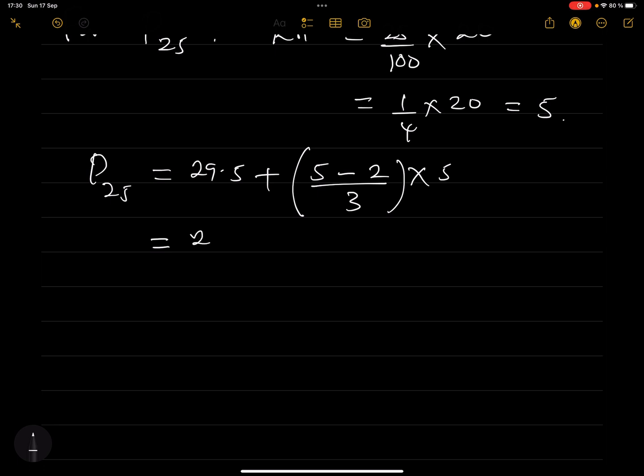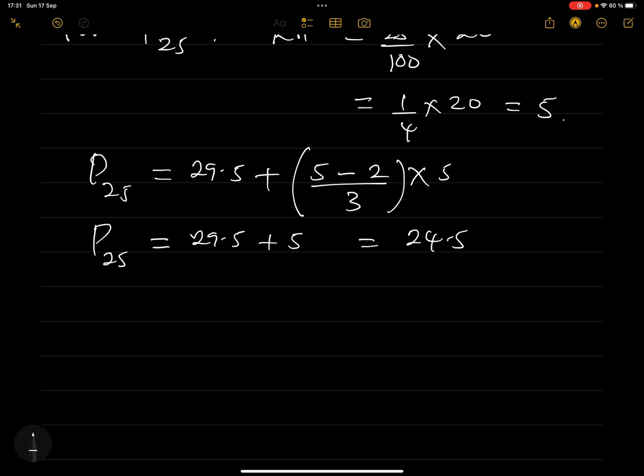So you have 29.5 plus 2 over 3, because 5 minus 2 gives 3. So 3 over 3 will be 1, so this is just plus 5. Perfect. And so this will be